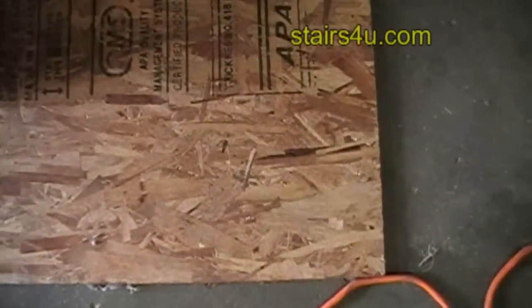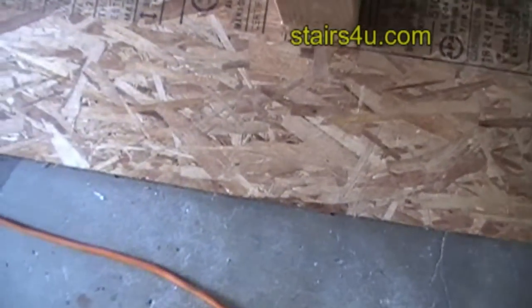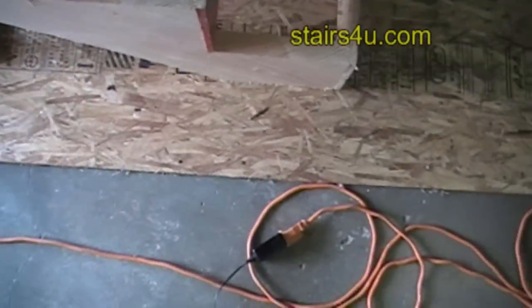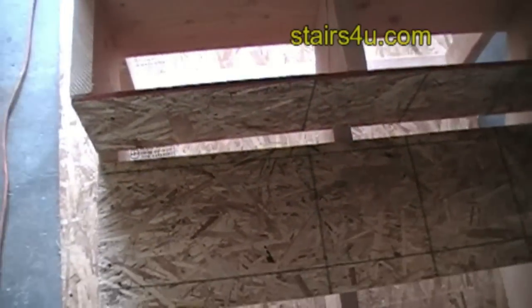The grain, and it is hard to see on the OSB, but you can actually see where the grains of these particles are running in a certain direction, more or less. So, just want to give you an idea. You do not want to cut your treads in that direction. Otherwise, you could have problems where it'll actually break right here. If you have the tread here, it'll just break right there